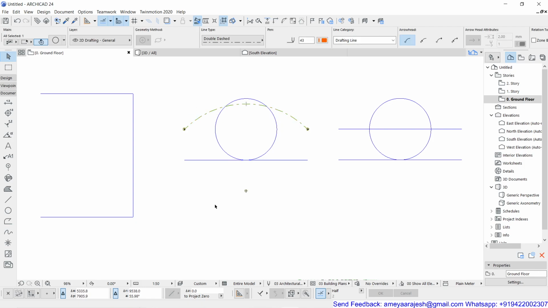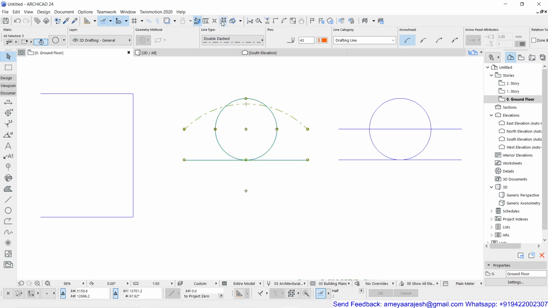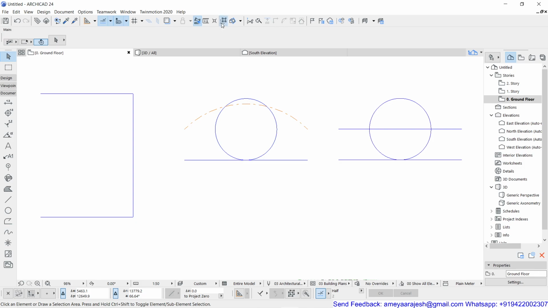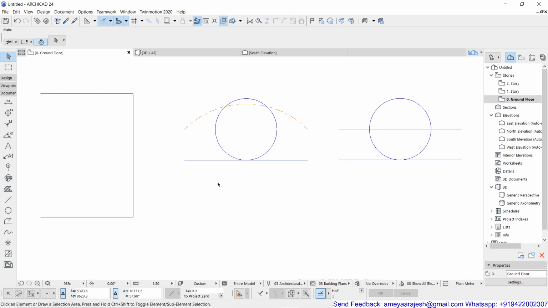Now if it is still selected, and by chance you switch off the suspend group feature, you will realize automatically all the remaining group members will get added to the selection set, because your suspend group is now off, right? So this is how you can actually take the benefit of group. You can use the suspend group feature. If you use Suspend Group On, you can definitely edit the objects which are inside the group. Of course, if you select the object and delete it, it will get removed permanently from your drawing and from the group also. So that depends on your convenience.